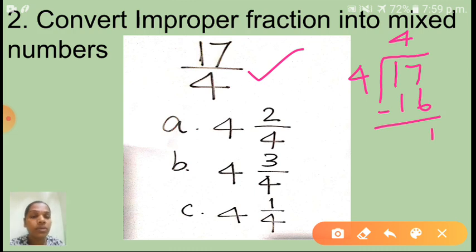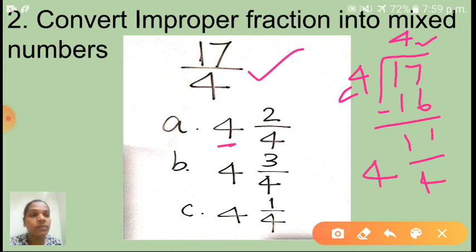So for this mixed number, how do you have to write it, children? Yes, see here, which one? Quotient. You have to write it as a whole number here. Next one is what? Remainder. The remainder you have to write as a numerator, upon this 4, the divisor. Okay children. So what is your answer here? 4 1/4. Which option is there? Yes, which option? C option. 4 1/4. So I hope you understood now.